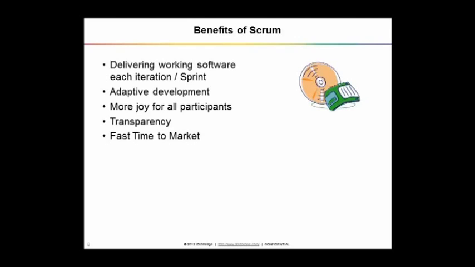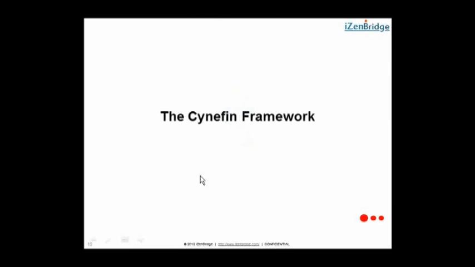If the market priorities are changing, since we are running small iterations, we can adapt to the market demand faster. It provides more motivation, a more joyful environment, because people can see what they are working on. They can see the things getting executed and delivered. A lot of the time when we are working in a traditional project, we keep waiting for a customer to see the product for years, and that sometimes creates confusion and frustration in the development team. It focuses on transparency and helps us in delivering things fast to the market.